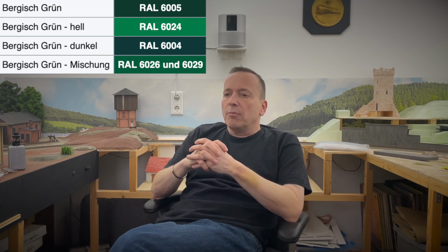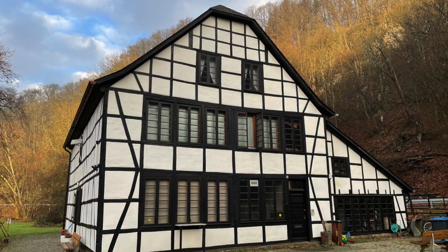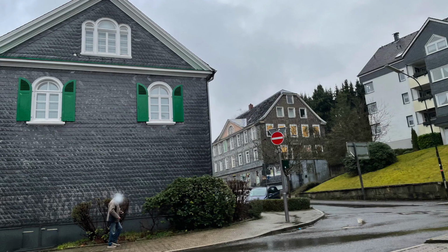When it comes to architecture, there are three things that you will find in this region. First is the use of slate. Second, timber frame buildings. And third, a specific color, a type of green, which is actually called Bergisch Green. For example, if you own a listed building and you have window shutters, those must be painted in that specific type of green. The timber frame buildings, the timber is always painted black, and slate is used to cover walls,